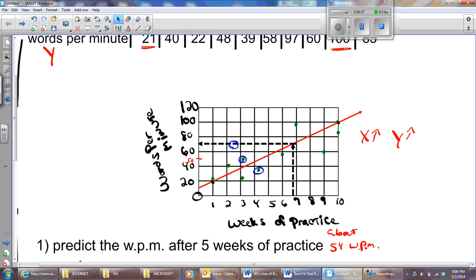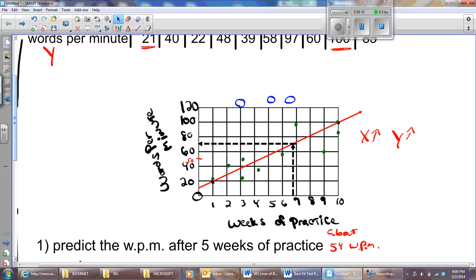Of course, there are other exceptions in this data. A great one is this one here at 9 weeks. They're only typing 60, but this person here, 2 weeks behind, is close to 100. So